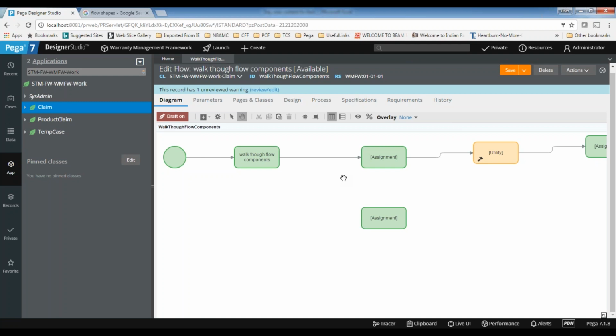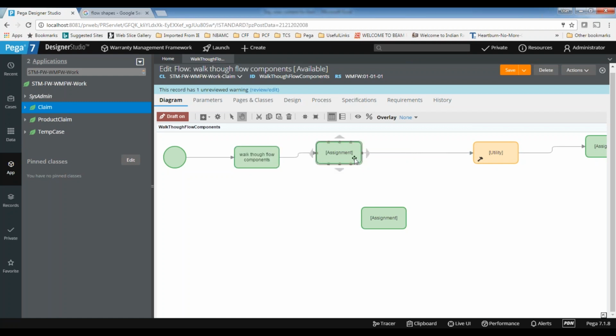Generally in Pega 7 we don't use those concepts, but in Pega 6 this is given for backward compatibility. If everything is migrated from older versions to here, you can use this swim lane concept to change the orientation of the shapes. From horizontal, if you want to change it to vertical, you can change this one.